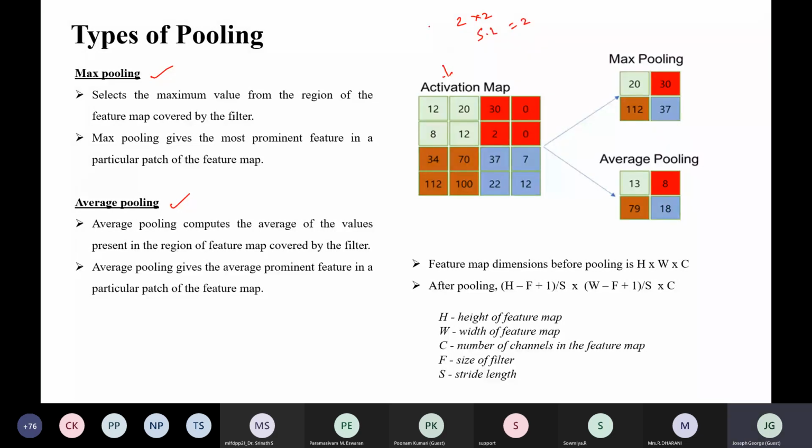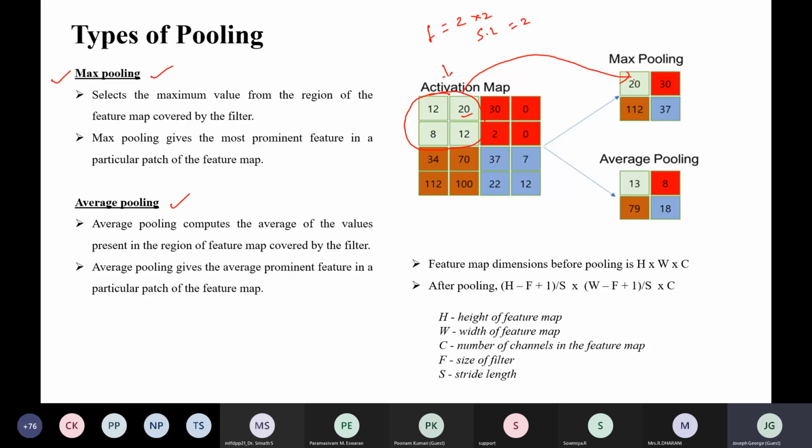First, the filter will be placed on this particular patch, and in max pooling it will search for the maximum value. Here the maximum value is 20. So this maximum value will be retained in this particular pixel.